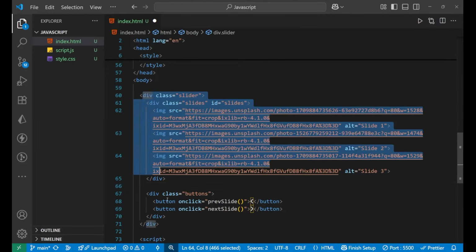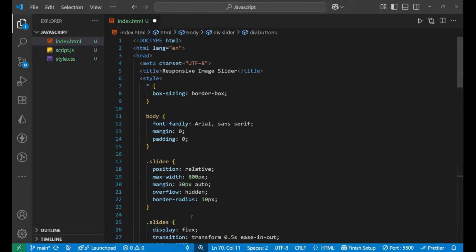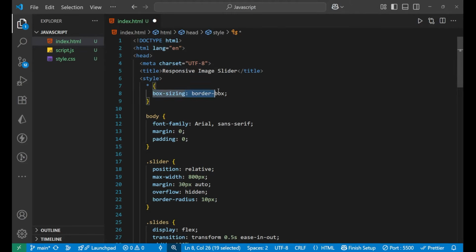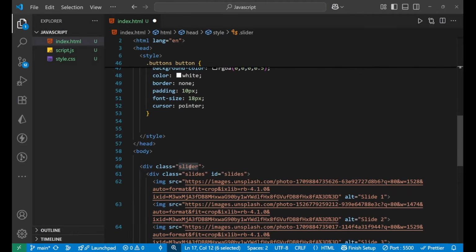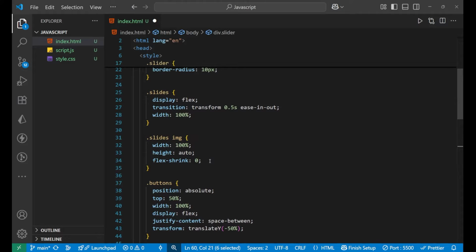This is the main thing, right? Now coming forward to the CSS part, let's first finish the CSS. For the universal selector I put box-sizing as border-box, and for the body I put the font family, margin and padding like this. And then the slider, what is the slider? Let me show you again. This slider is the main div, inside of which the image div and the button div are available, right?